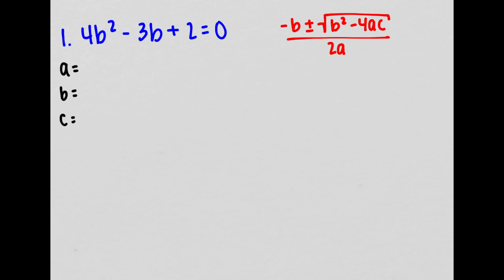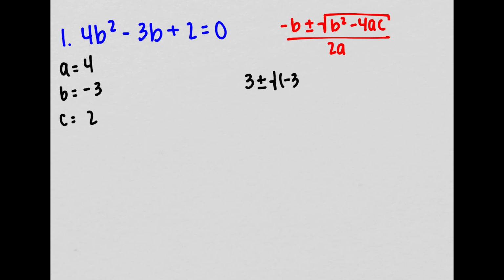So in this case, my a is 4, my b is negative 3, and my c is 2. I'm going to go ahead and start plugging those into the formula. So the opposite of b right now is negative 3. So the opposite of negative 3 would be positive 3 plus or minus the square root of b squared, which